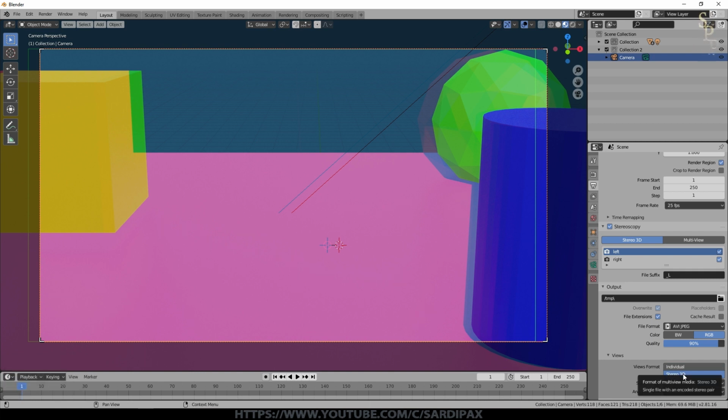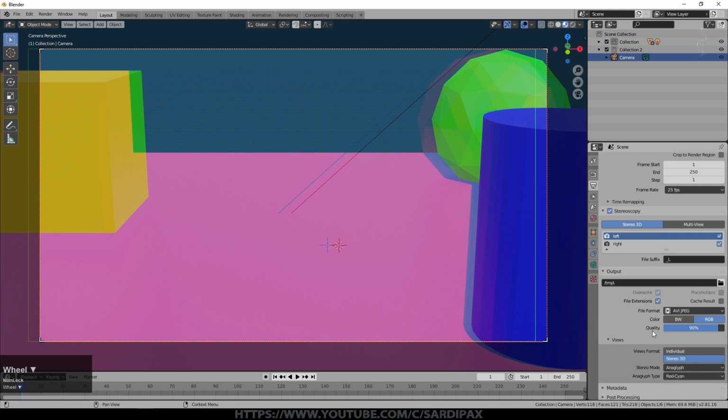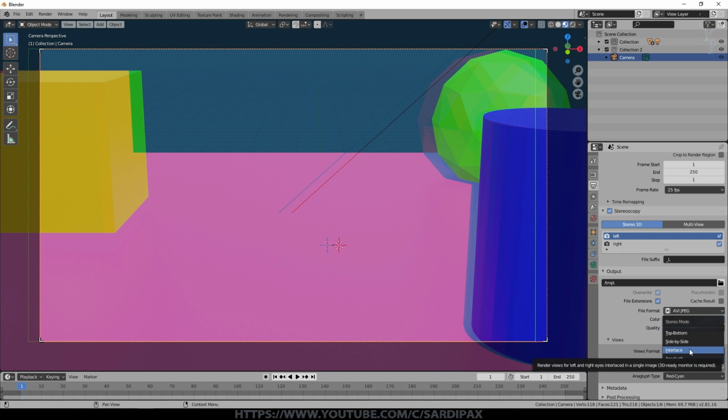So I didn't want to get into recompiling it to create the video that I then uploaded to YouTube. I wanted it to be in the minimum number of steps. And then we get to choose what modes we're going to do. So we've got anaglyph, which is of course the default display that we've got up there. We've got top, bottom, side by side and interlaced. Now I didn't do anything with interlaced. I suspect that's mostly for 3D monitors.